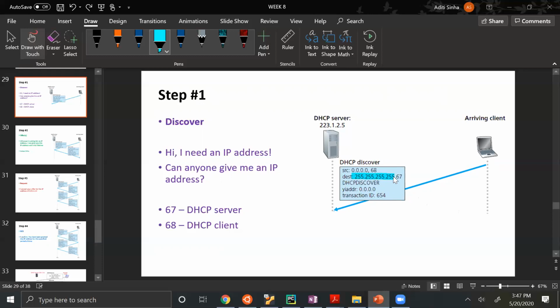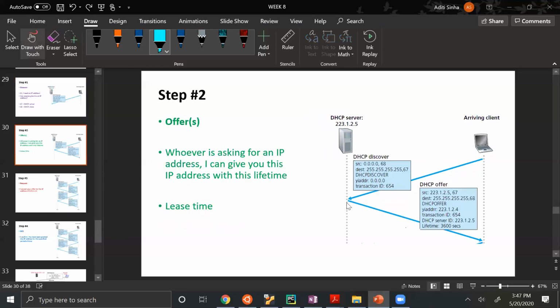Since this is a broadcast address, it will be broadcast to everyone on that network, including other hosts. Other hosts will obviously discard that message because it is not meant for them, since hosts don't do IP address allocations. But once this message reaches the DHCP server, it will know that some host is asking for an IP address.